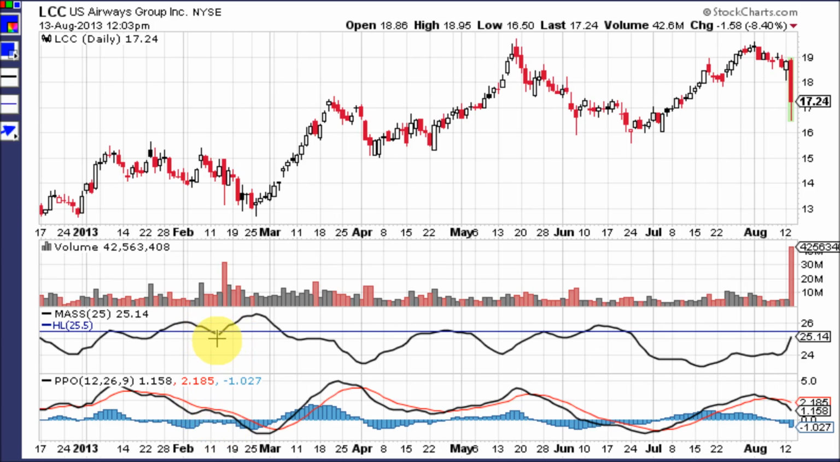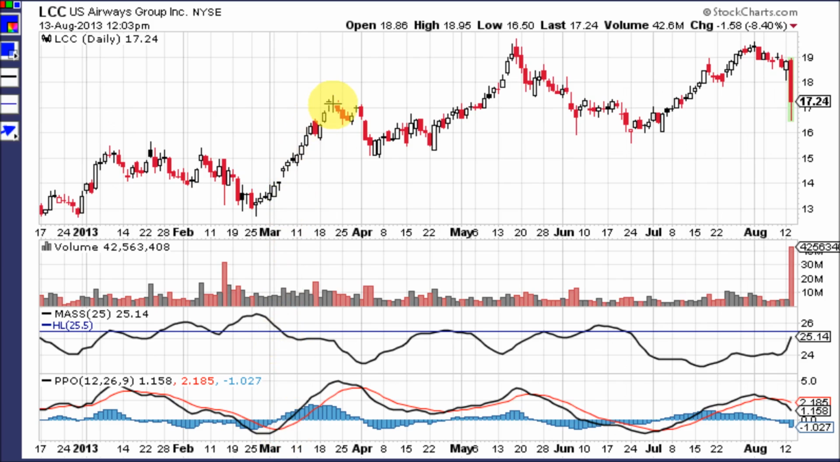Mass index drops below 25.5 and then rises above it. That's the beginning of the cycle or the bulge. The top of the bulge is here. The end of the cycle or the finish where the signal should come is right here. And at the exact same moment, PPO is well below zero. It's below the signal line. It crosses up through the signal line and then up through zero. The histogram, the blue bars go from negative crossing up through zero into positive territory. So as this bulge ended right here, PPO was giving a buy signal, and the stock ran from about $15